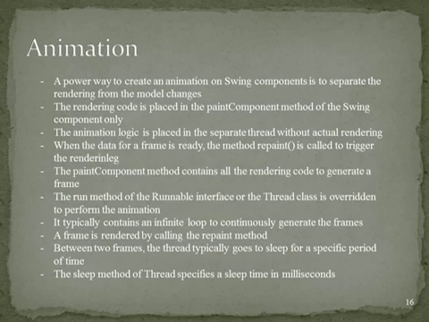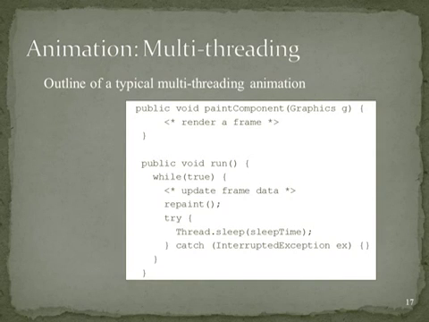The run method of the Runnable interface or the Thread class is overridden to perform the animation. It typically contains an infinite loop to continuously generate the frame. Between two frames, the thread typically goes through a sleep period of time. The sleep method of the Thread class specifies a time to sleep. So the outline of a typical multi-threaded animation is as follows: paintComponent to render the frame here,